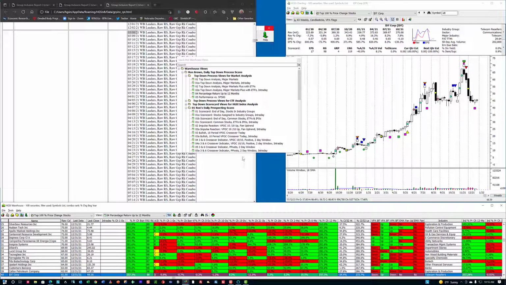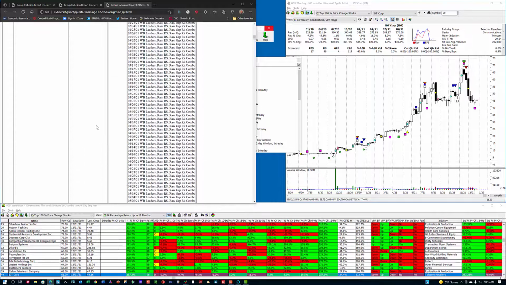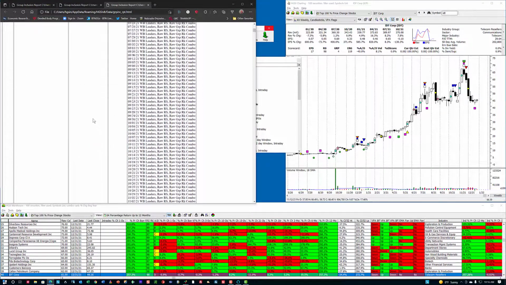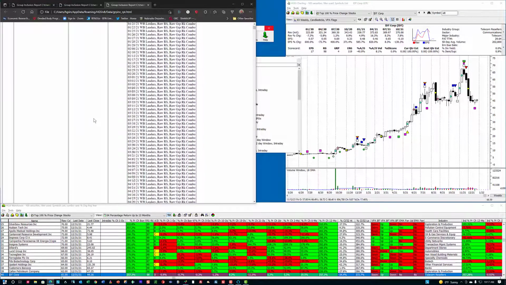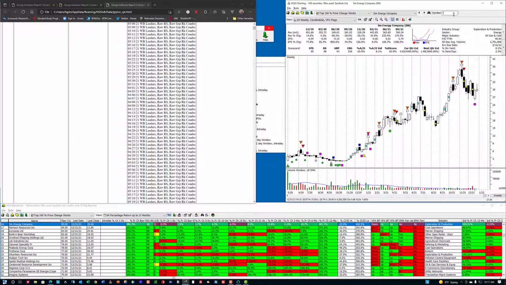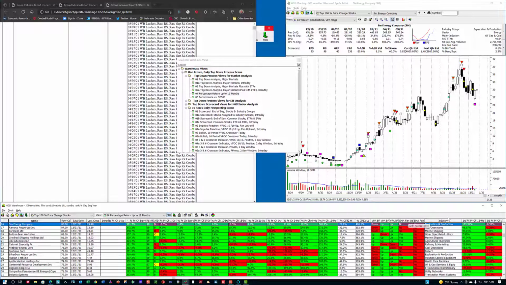Now let's go back up to the top stock here, SM. I'm going to put SM back in here. And it goes into the warehouse. If you look over here, you can see this industry group was up 103.31%. So what can we conclude just from looking at a few examples is